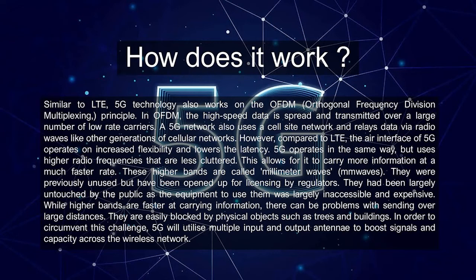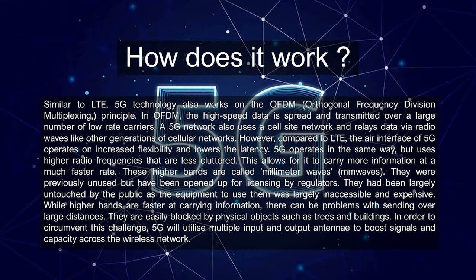5G operates in the same way but uses higher radio frequencies that are less cluttered. This allows it to carry more information at a much faster rate. These higher bands are called millimeter wave, mmWave. They were previously unused but have been opened up for licensing by regulators. They had been largely untouched by the public as the equipment to use them was largely